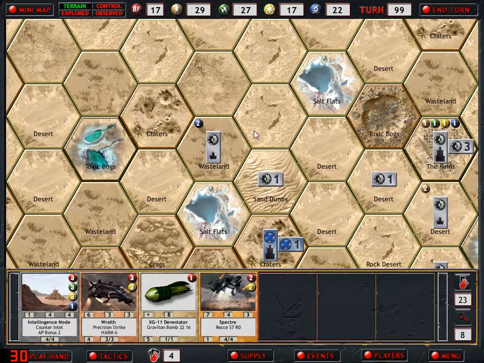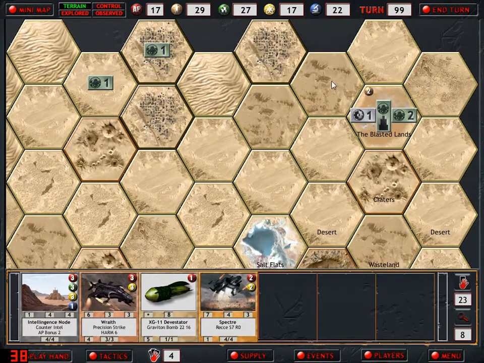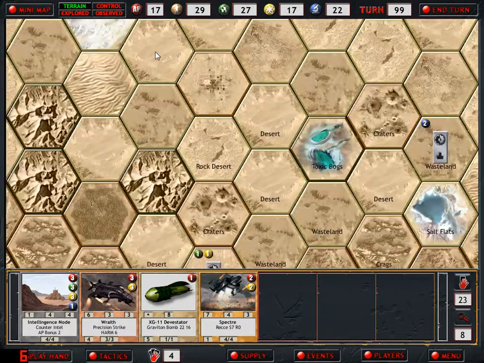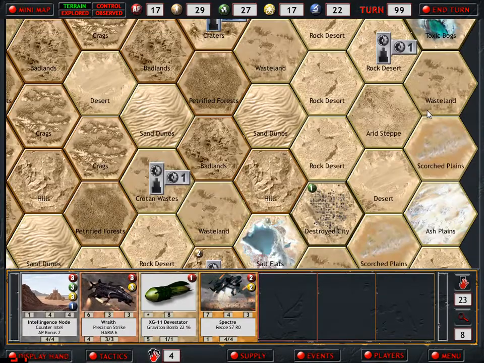I can't really do much of anything else. We could... How far away is that? 1, 2, 3... We could probably drop a Devastator Bomb in there. We can move our Ghost Probe over there to figure out what's going on. So, I like to say, Michael Janis, that